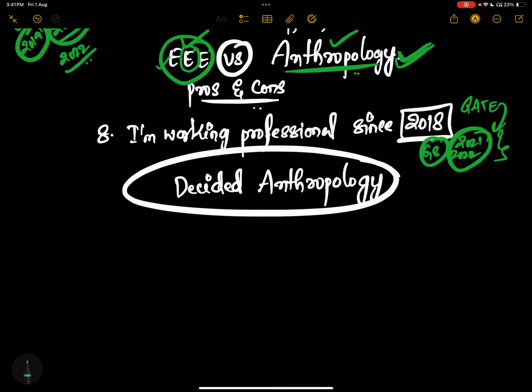So I felt that even my workplace and my post are not helpful in preparing electrical engineering. So why waste more time on electrical engineering? Better to go to anthropology. And of course, my father had a great influence on me. He felt that anthropology is very good and that I would like the subject because of my family background. Since I am his son, most of our interests are the same. We share thought processes and ideologies. So I felt, okay, let's go with anthropology.